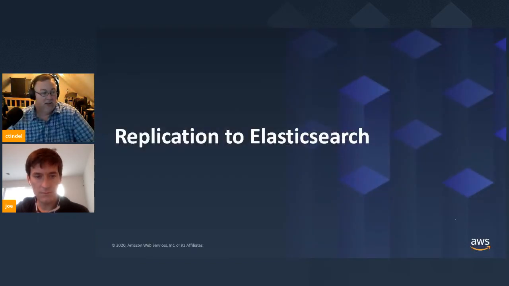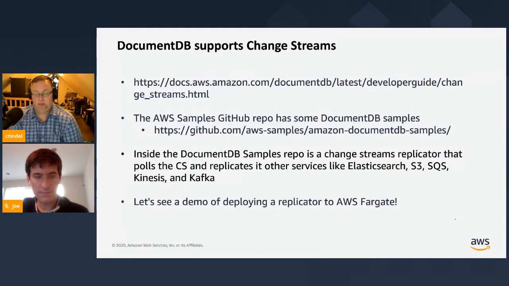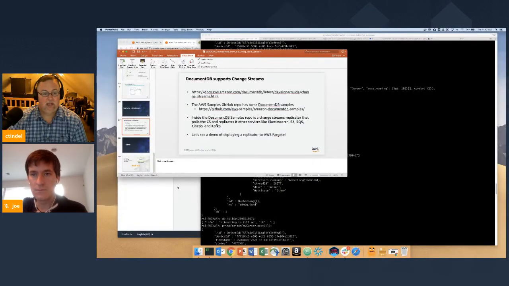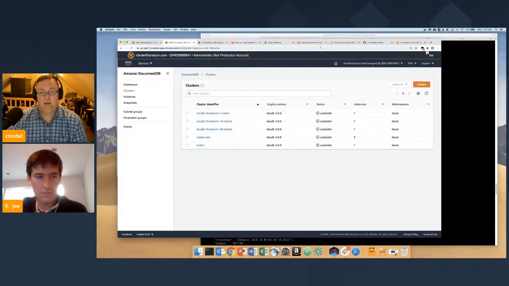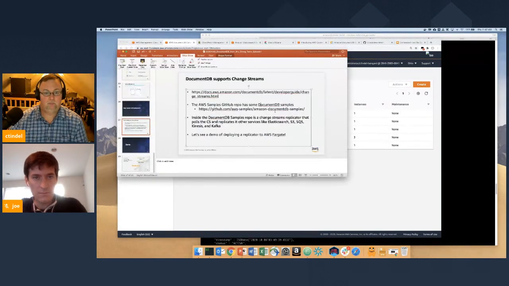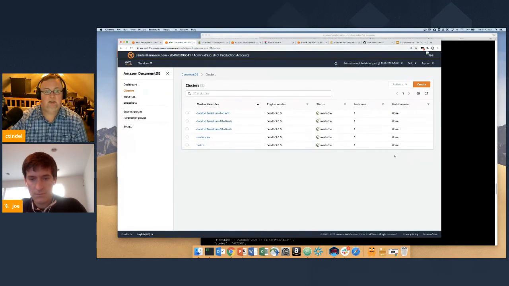All right, so the last thing I want to talk about is doing this demo of replicating data from DocumentDB to Elasticsearch. The way we're going to do that is DocumentDB supports this feature called change streams. And you can read more about that there in the manual. There is the AWS samples repo in GitHub, which I thought I had pulled up in the tab, but I didn't. And inside of this samples repo,